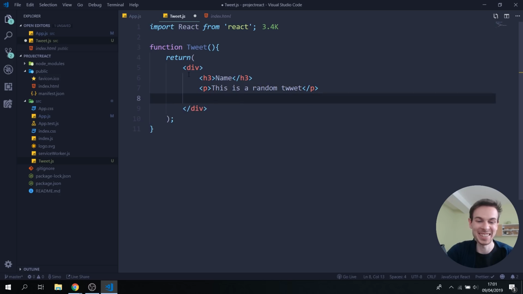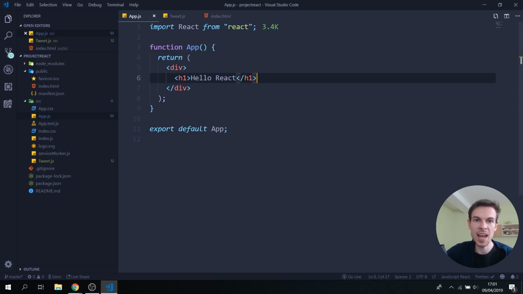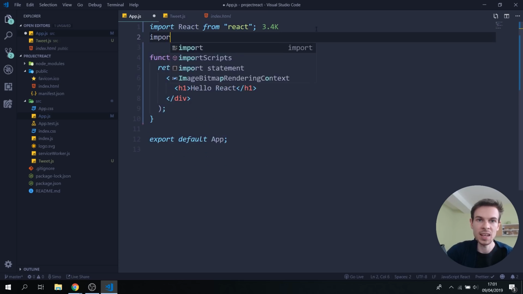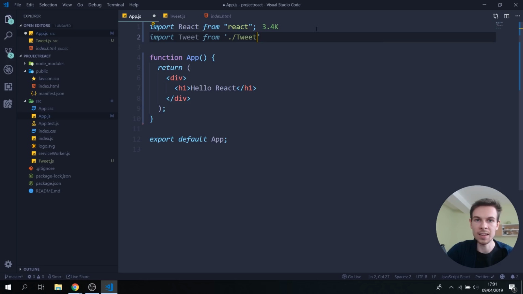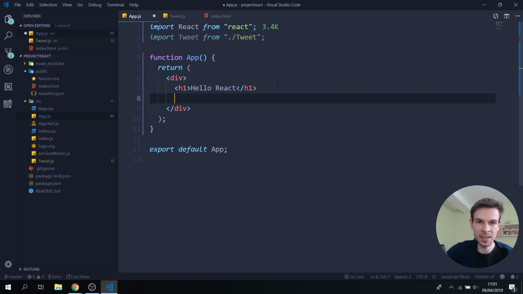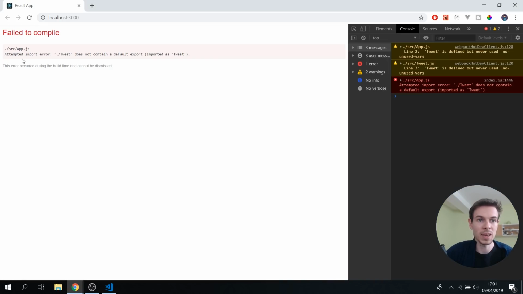Tweet, I wrote tweet anyway. And let's say we also want to have the number of likes show up on the screen. So for that, let's add another h3, number of likes. All right, hit save. And now we can import this again, import Tweet from ./Tweet. Now all we have to do is down here, render this component, hit save, and